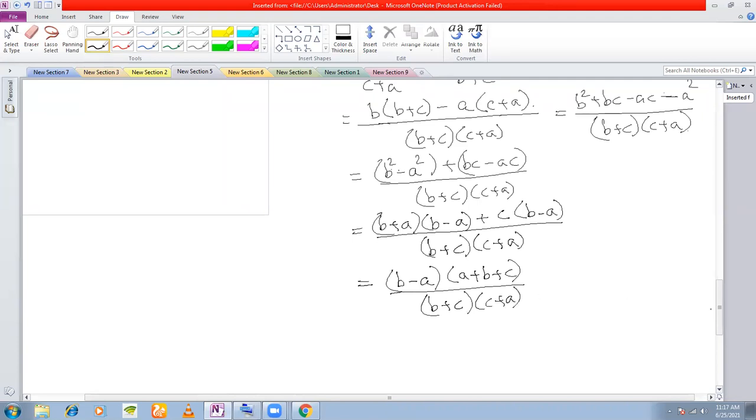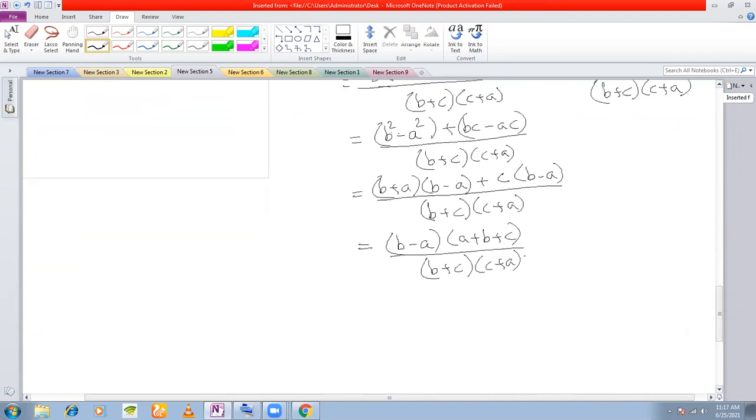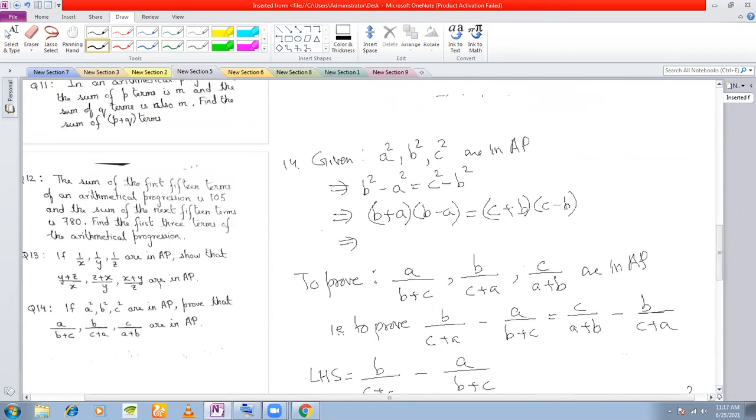Now we look at 1. Okay, this one. See, I have not labeled this one. So see, what can I write from here? See this ratio here. I have b minus a by b plus c. Do I have b minus a and b plus c? Yes, I have b plus c here. I also have b minus a here. So that means I can take out this ratio. B minus a by b plus c is equal to c minus b by b plus a, isn't it? This is what I can write from here.